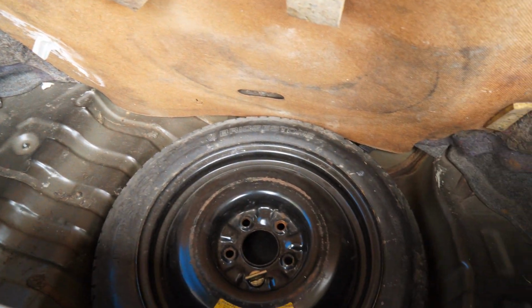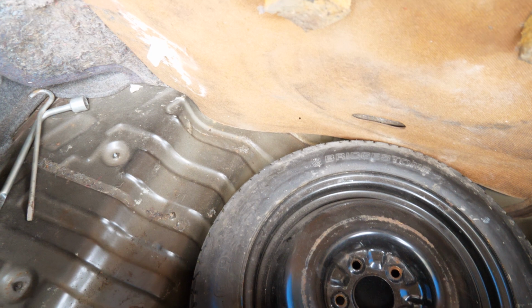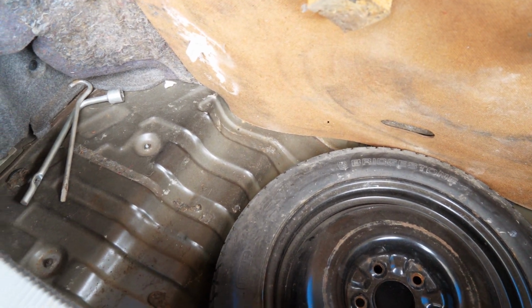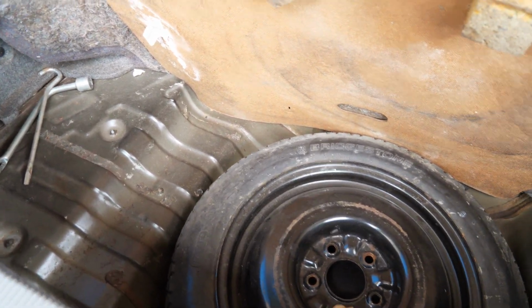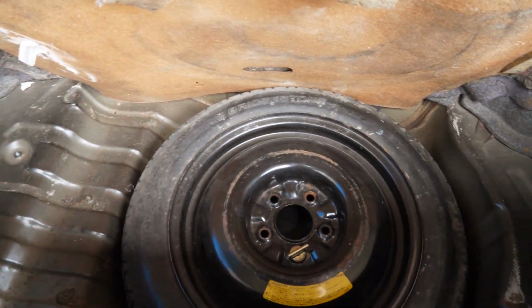So no problems there. Yeah, a lot of people are concerned with some of these higher mileage vehicles that some of the seals dry out and you don't want to mess up anything there. So as you can see, a little bit of dust. It looks like they didn't even use this. It's just worn from years of sitting here. So yeah, we got the jack and stuff on that side. We got this spare tire here, and this definitely worn